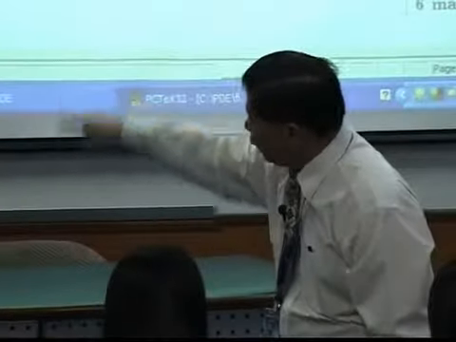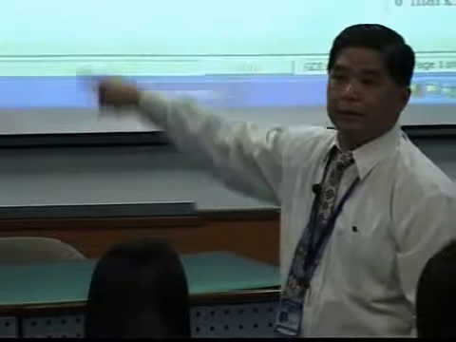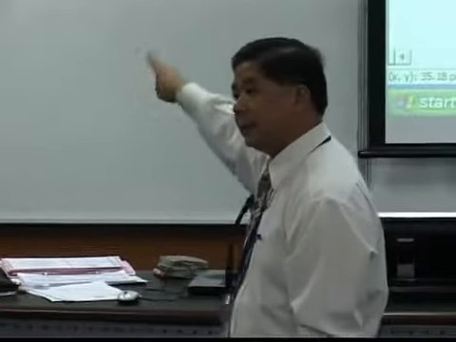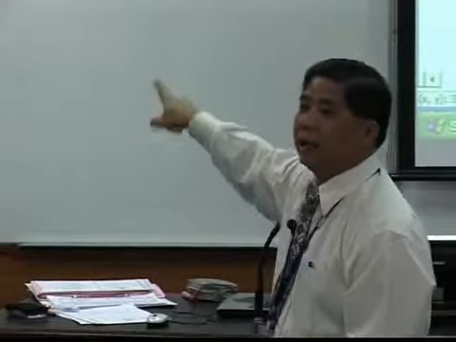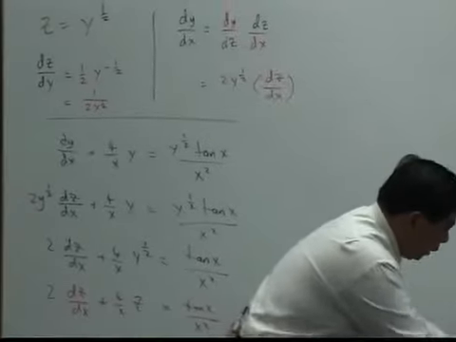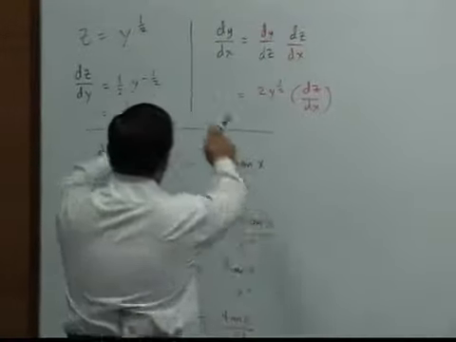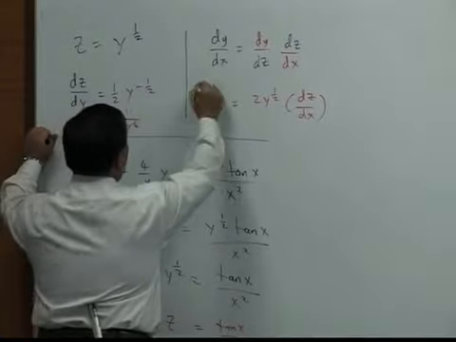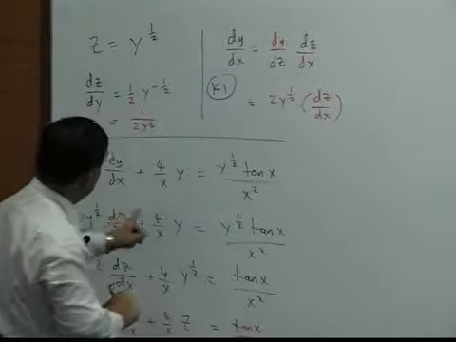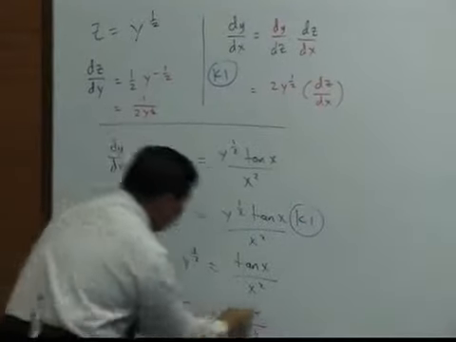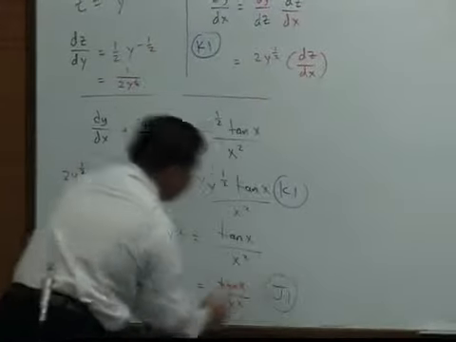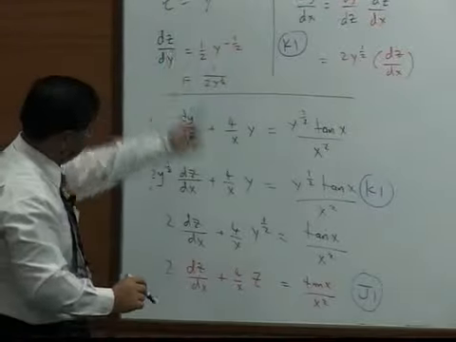That process may give you only 3 marks. Using the chain rule might give you 1 mark. Changing it gives you around 2 marks there. If you look at this process, normally this is how we mark. This process is the most important part. You will get K1 here, 1 mark. Right here, when you substitute back, you get another K1. And finally, you should get your J1 here. So altogether 3 marks here.